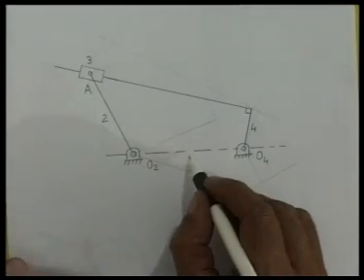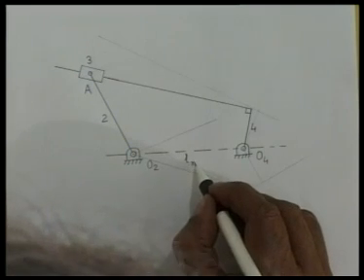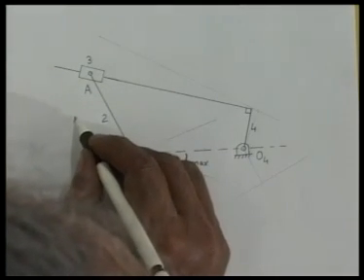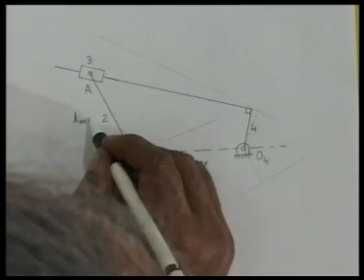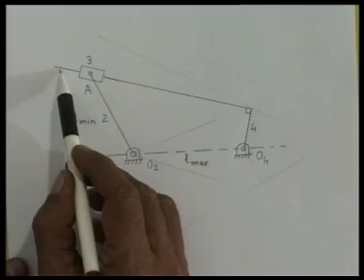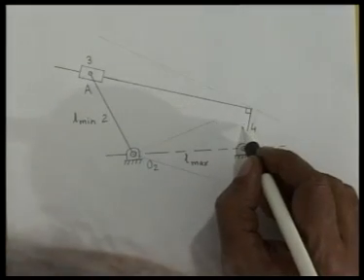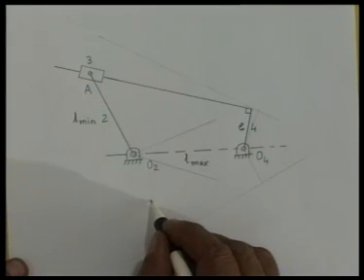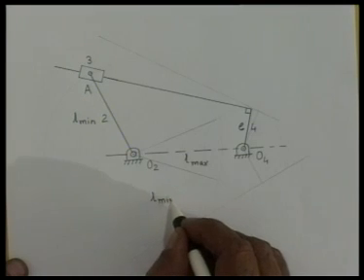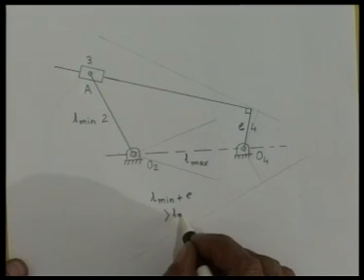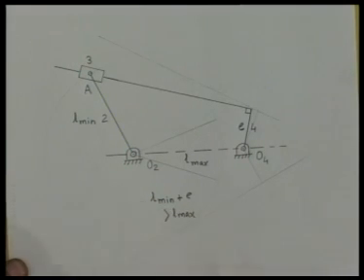This O2, O4, that is what we call L max, O2A, that is what we call L min, and the perpendicular distance of O4 from the direction of sliding passing through A is what we call the offset E. By measurement we can find that L min plus E is more than L max. So it is a 3R1P non-Grashof chain,